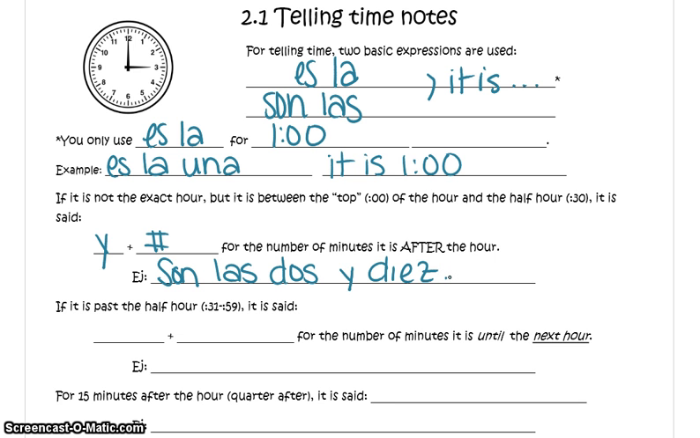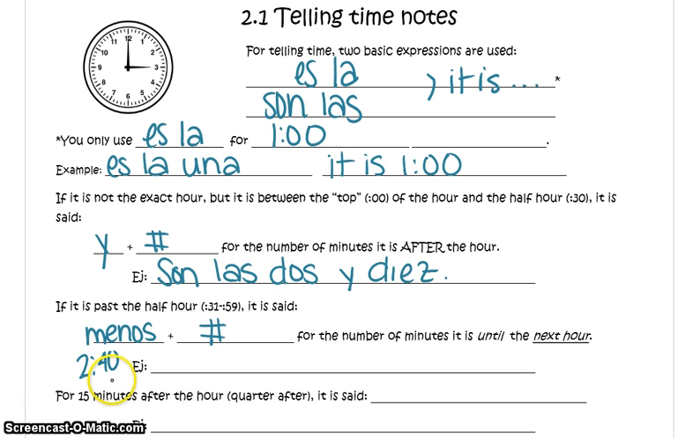Now if it is past the half hour, so it's 31 after to 59 after, you're going to use the word menos. So instead of y, you use menos, but you also put a number. So what you basically do is you subtract. So you're going to say how many minutes it is until the next hour. So for example, if it was